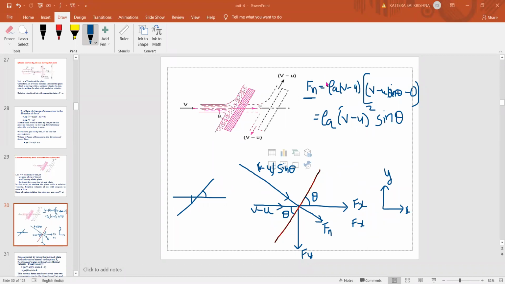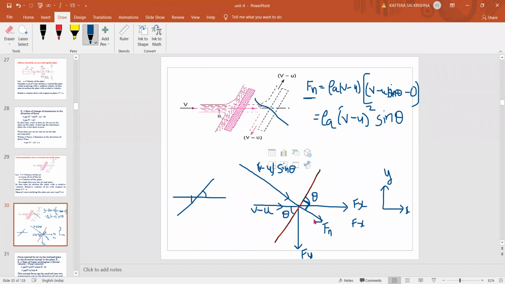So after finding the Fn value, the force in the normal direction, we need to calculate Fx by using Fn. So Fx, Fn is here. See here, the angle between this line and Fn, between the plate and Fn, I already said, it is always normal, nothing but perpendicular. So this will be perpendicular here, same thing. Between the plate and Fn, it is always perpendicular, so it is 90 degrees. Okay.